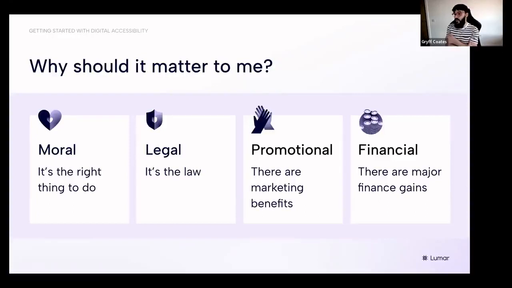The second one, which most companies concentrate on, is the legal ramifications. In the UK, you've got the Equality Act 2010. In America, there's the Americans with Disabilities Act. And in Europe, you've just had the European Accessibility Act come in.